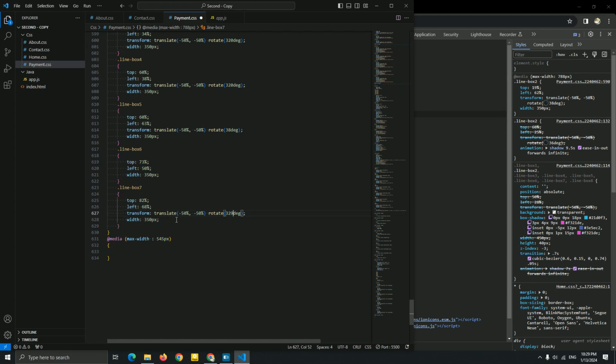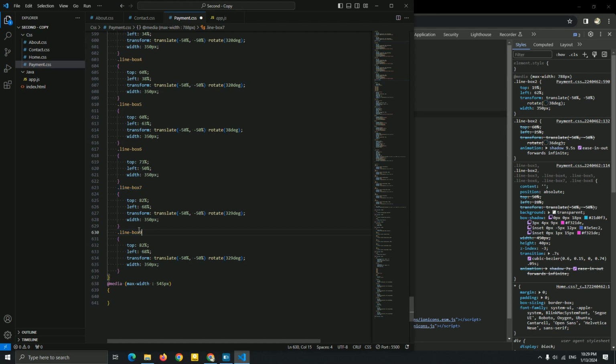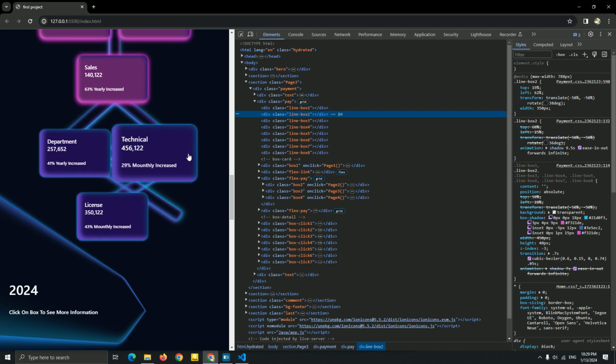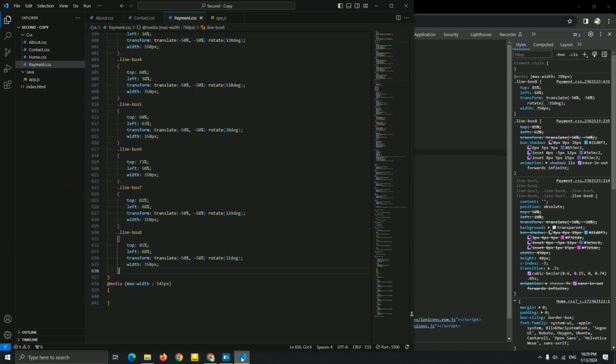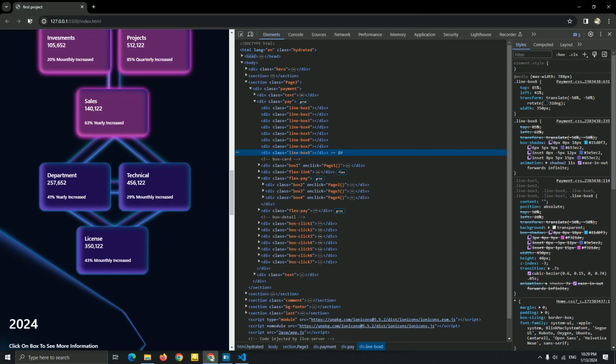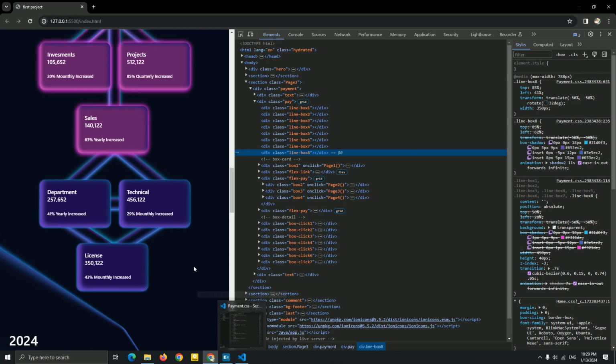Okay, the last line, let me just create it to go next, guys. Last, line 8, I'm sorry, 85. Okay, and this 68. Okay, this is good. And let me just add a rotate. Okay, now let's see it, guys. We just created right now, but okay, line 8. Line 8, we have a top 85, left 48. Let me 41. Okay, yeah, we fixed this problem. Yeah, I think we fixed this problem.